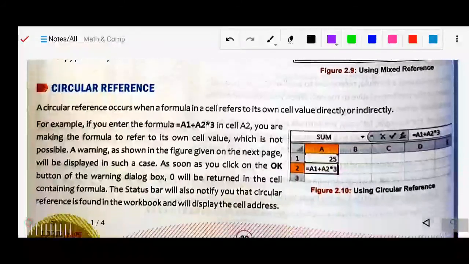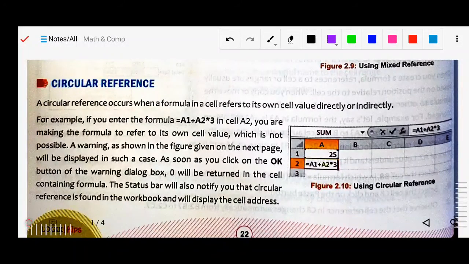Next we have the circular reference. So what is a circular reference? A circular reference occurs when a formula in a cell refers to its own cell value, directly or indirectly. It means the cell is defining itself.